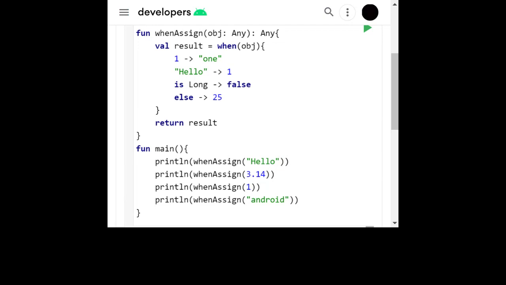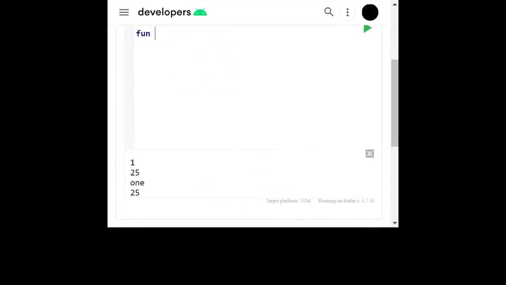Okay. Like in any other programming language, we have for, while, and do while loops, even in Kotlin. The for loop works in the same way as it works in other languages. Like the syntax is,